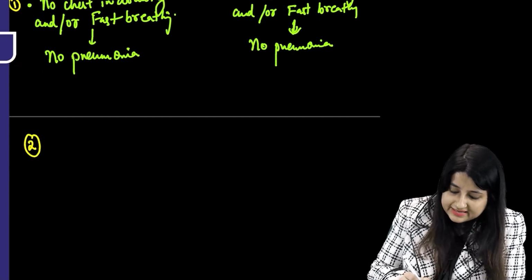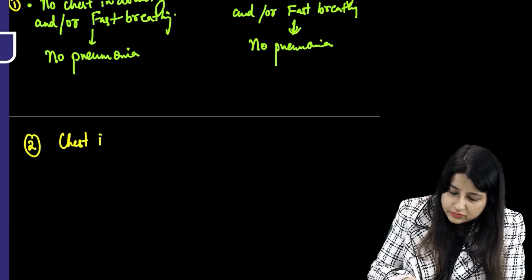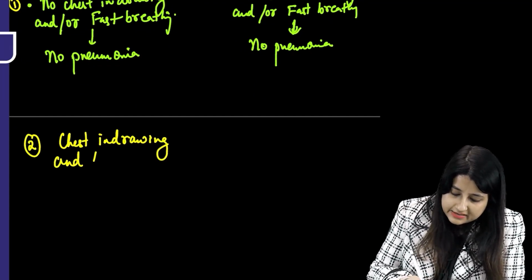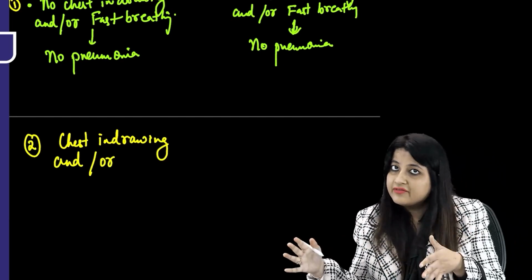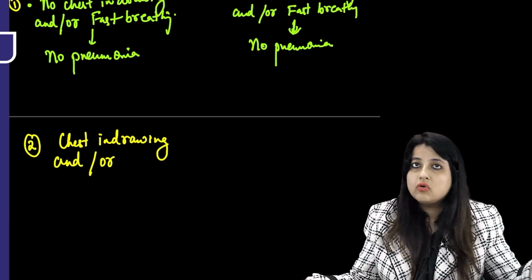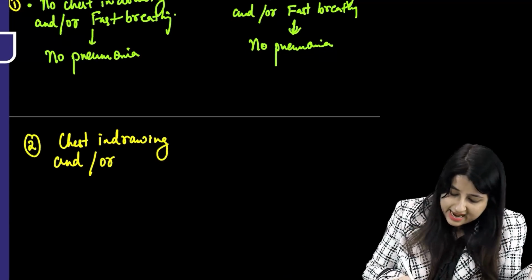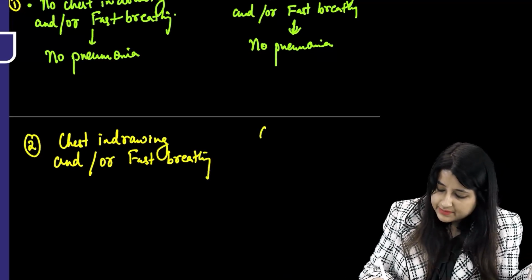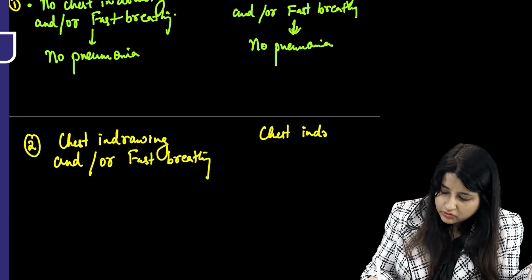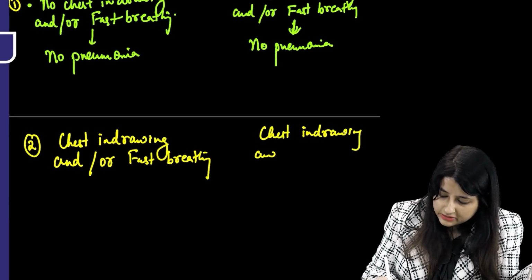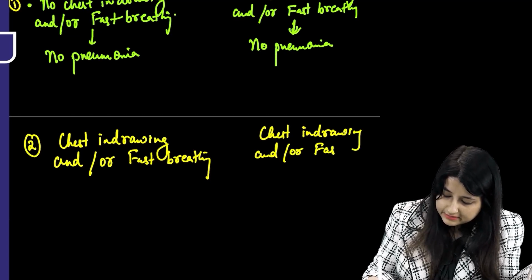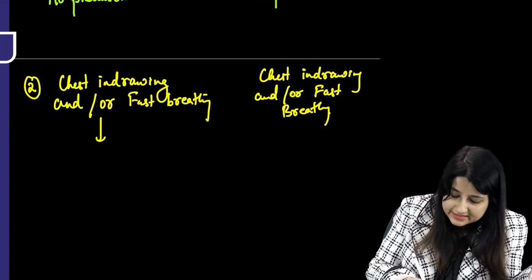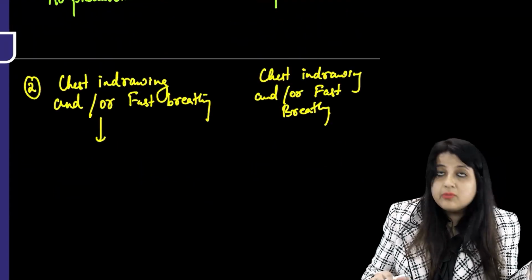What is the second situation in both the groups? If you see chest indrawing and fast breathing, or chest indrawing alone, or fast breathing alone, and or fast breathing. Similarly, here also chest indrawing and or fast breathing. Now, if the baby is up to 2 months, the baby will be labeled